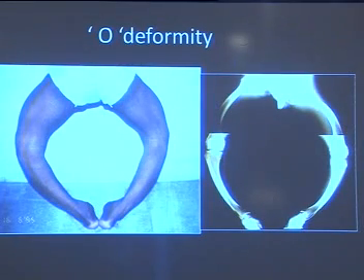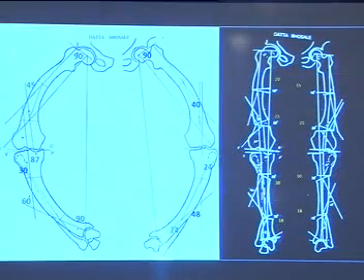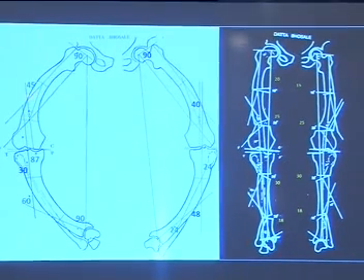I'll show you one example of this. This is a severe O deformity, probably due to rickets in childhood, and this was the deformity. You do X-rays and plan the deformity. What you do is you do the mechanical axis here. This is 87 degrees, this is 90 degrees, and so the magnitude of the deformity is 45 degrees. So you have to do an osteotomy here and here. So you have to connect that, and this angle and this angle should be equal to this angle.